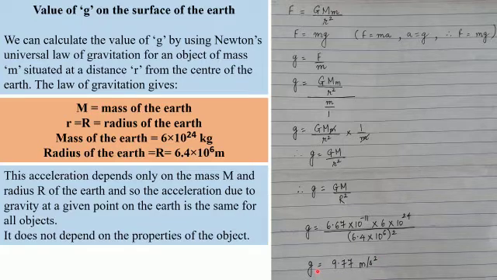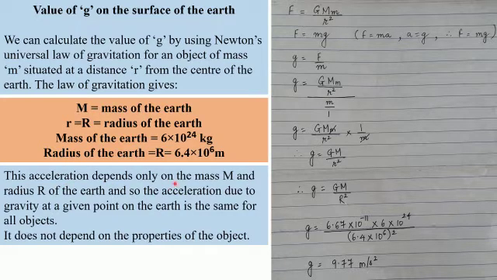So it is also acceleration, and hence the unit will be the same, that is meters per second square. So that is how we calculate the value of g. The value of g is even taken as 9.8 meters per second square, and in some places it is even given as 10 meters per second square. So depending upon what is given to you in the numerical, you will make use of the value of g.